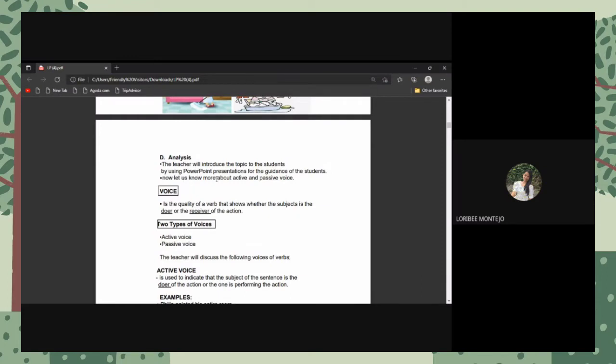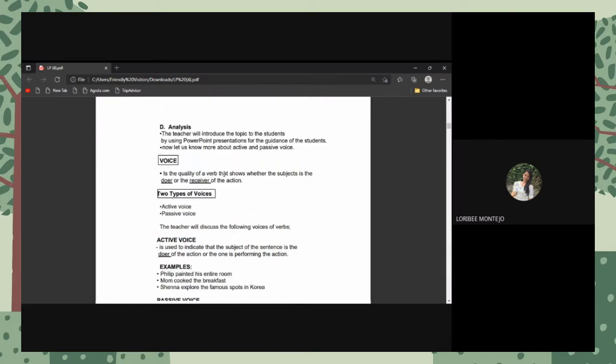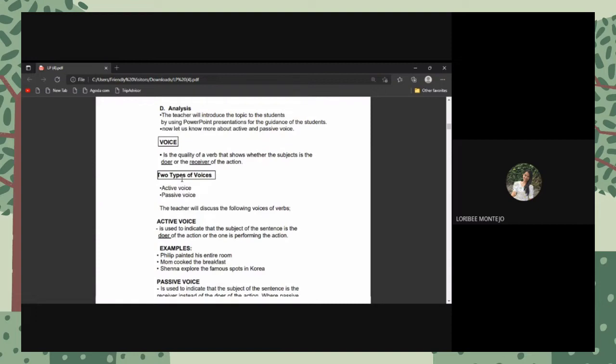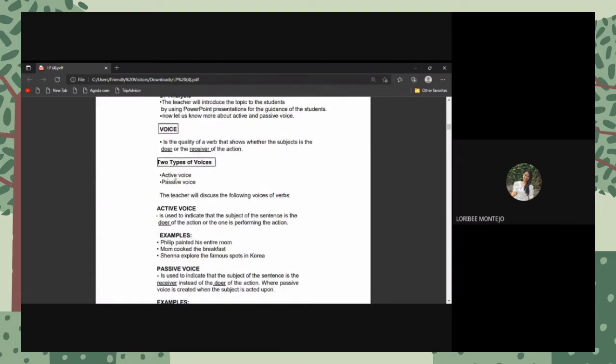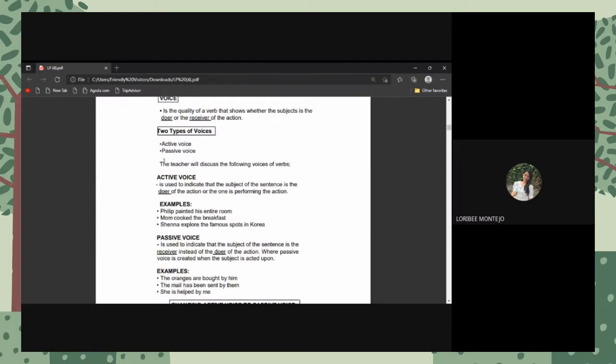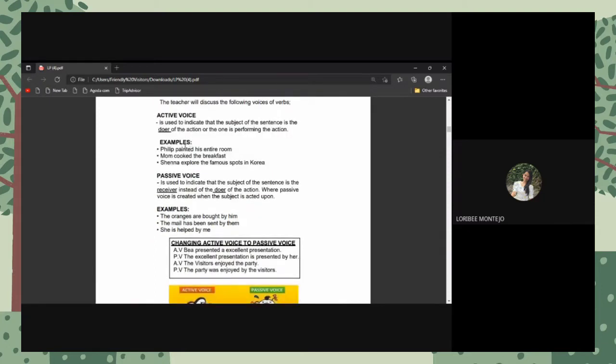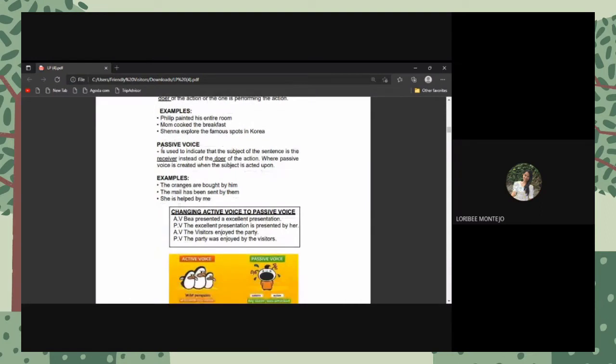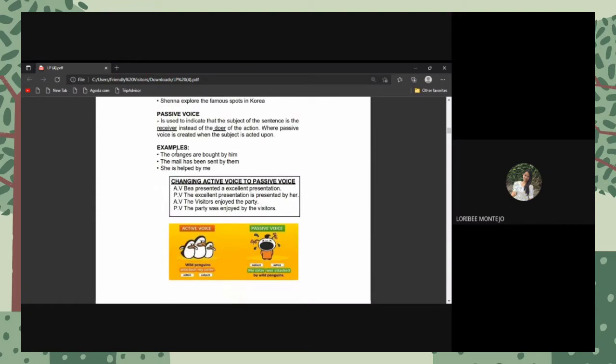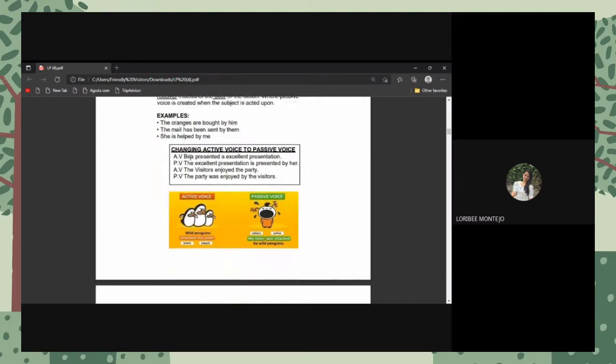So now let us know more about active and passive voice. Here in our analysis, I provided the definition of voice and the 2 types of voices, which are the active and passive voice. Here, the teacher will discuss the following voices of verbs. I provided the definition of active voice and also some examples. Just like in the passive, I also provided a definition of passive voice and an example to test the understanding and